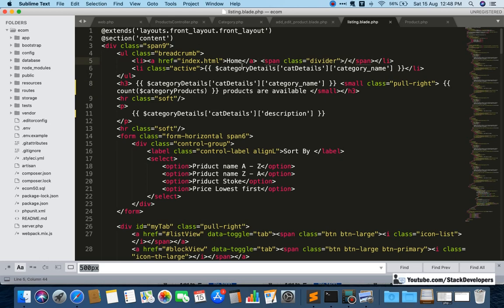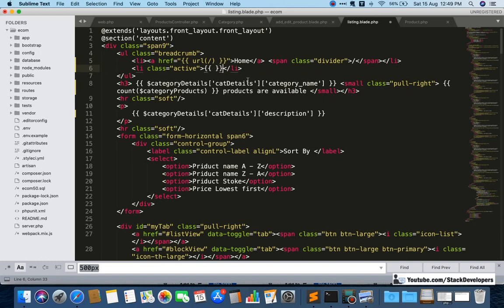Okay, so I can have the home link will be there only, and for the home link just give this one like URL, and this one span divider, and after that we just need to give our breadcrumb, and here it will come. We are going to replace this one with the breadcrumb.